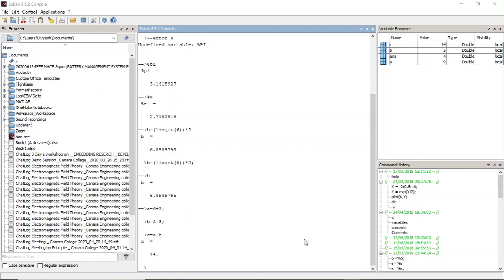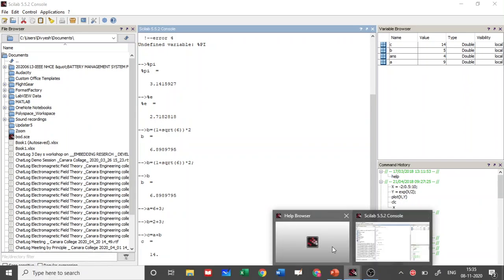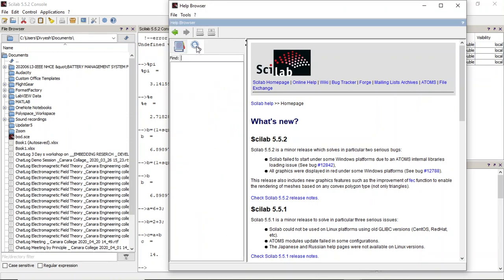Scilab help will open separately in a new window. So this is your help browser. You can go to the search and start searching anything you feel. If Scilab has something meaningful for your search, it will show you what it has.